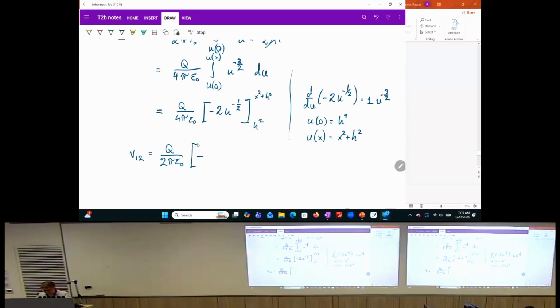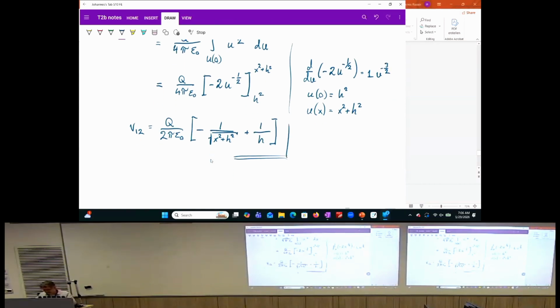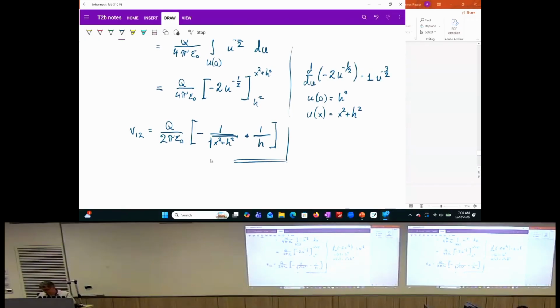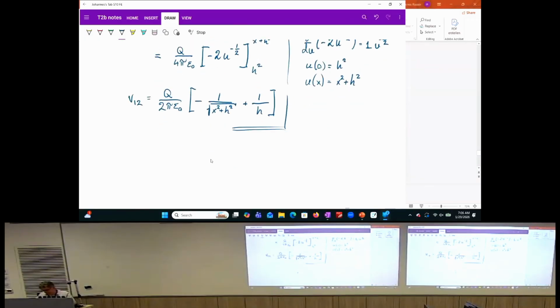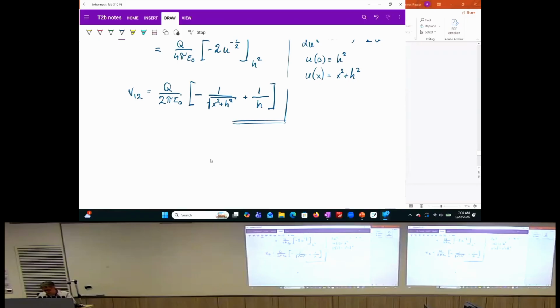Then I insert the remaining: 1 over the square root of x squared plus h squared plus 1 over the square root of h squared, which is 1 over h. So that here would be our final result. You see we have computed now for an arbitrary point x on the x-axis our voltage for the second scenario,